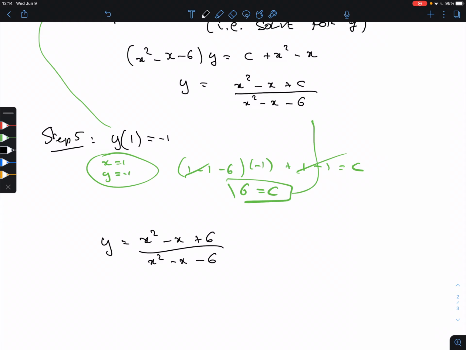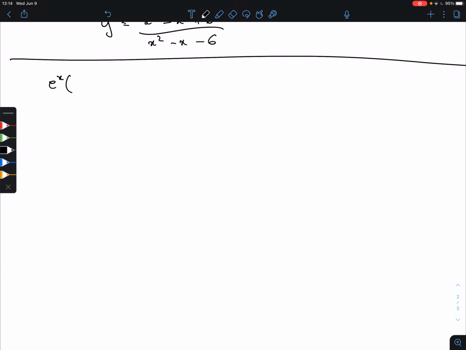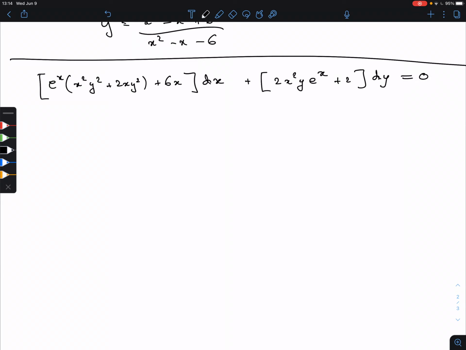Okay? I do want to do one more to show you that you cannot always have explicit form here. This is a little bit bulkier, but it's good to see all kinds of things. x y squared, I'm hoping that I will copy this correctly, plus 6x, this is the one that is in front of the dx, that's the M, plus 2x squared y e^x plus 2 dy equals 0, and I don't think there was an initial condition in this particular case. Okay,